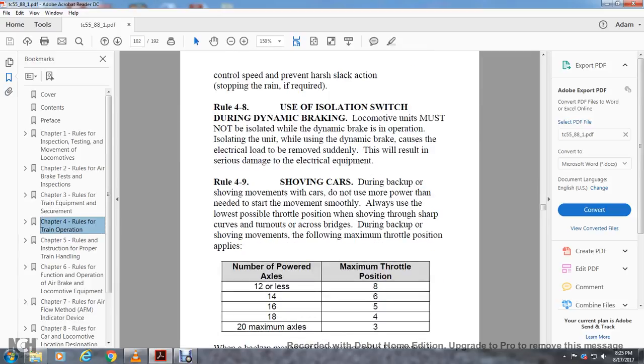Rule 4.9, shoving cars. During the backup or shoving movement with cars, do not use more power than needed to start the movement smoothly. Always use the lowest possible throttle position when shoving through sharp curves, turnouts, and across bridges during backup and shoving movements. Follow maximum throttle positions. Number of powered axles, 12 or less: